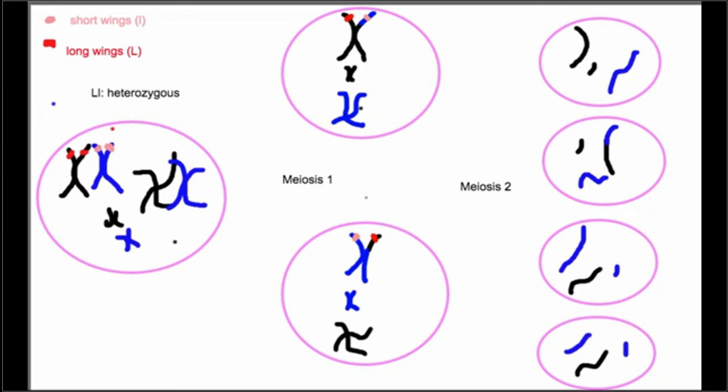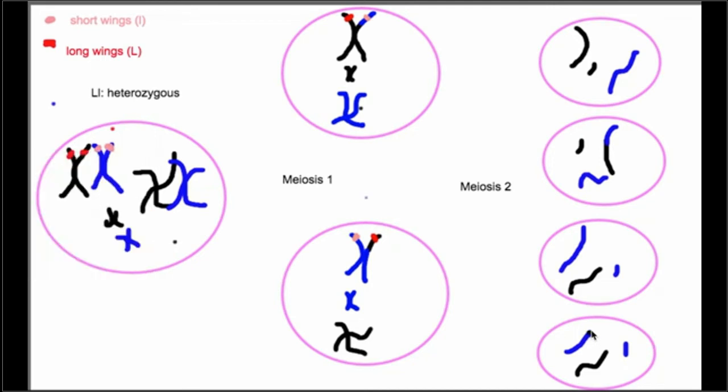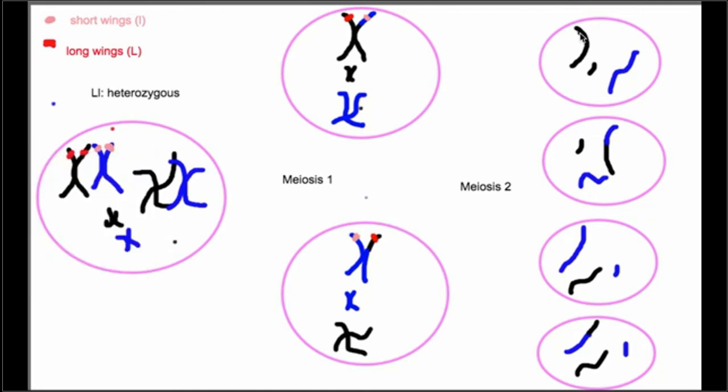Put a little bit of black in this one, right? Because that's where the crossing over event happened, that long one. Okay. Now, let's do red. Okay. Maternal set had the long wing